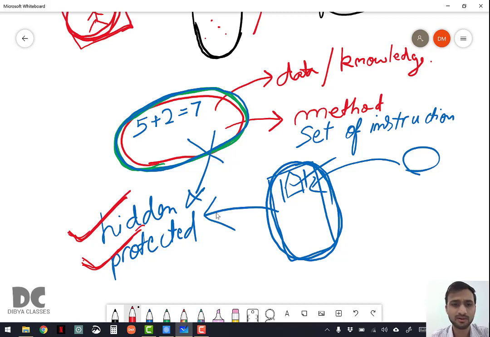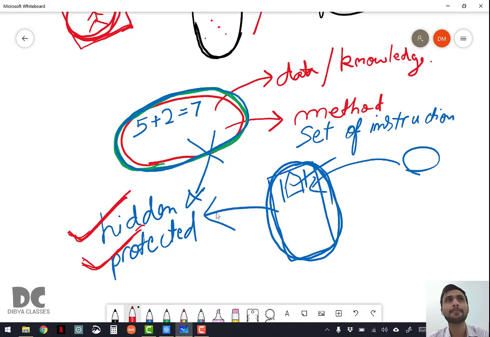For example, WhatsApp is written in Java. There are big Java programs written to make WhatsApp. Can you see those programs? No, because it is using the concept of encapsulation. The person who has written the WhatsApp program has kept it hidden from others, because if you get the data, you can create your own software, and people will not use WhatsApp. Maybe they will use your software. So encapsulation helps to prevent this. It will hide it, it will protect it, it will cover it. When you cover a thing, automatically it is hidden and protected.